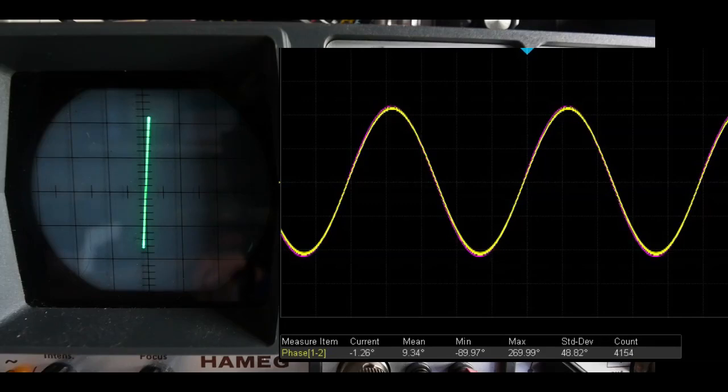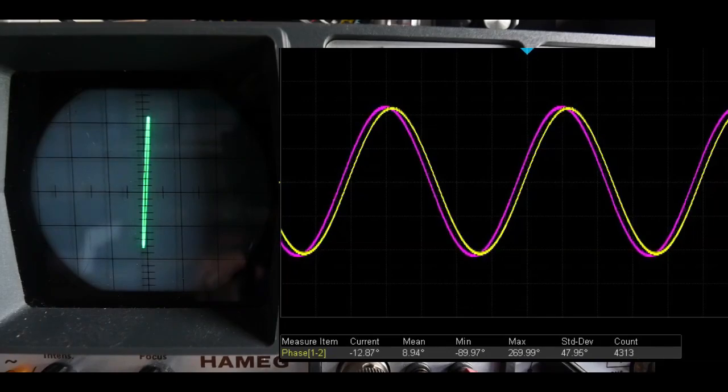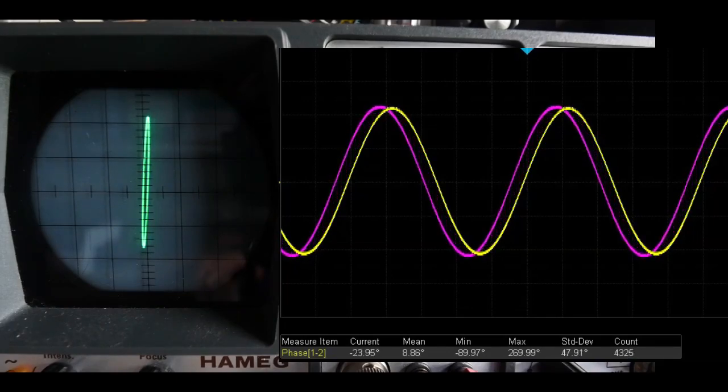And I've got the measurement on the Siglent at the bottom there showing the phase relationship between channels 1 and 2, and it's saying about -1 degree. In reality, the signal generator is currently set at 0 degrees phase. So what I'm going to start doing is increasing the phase between channel 1 and 2. I'm starting to move it now. That's about 10 degrees, that's about 20,